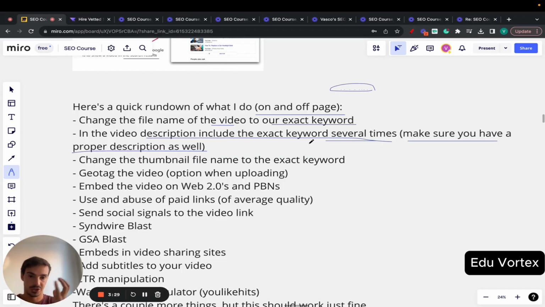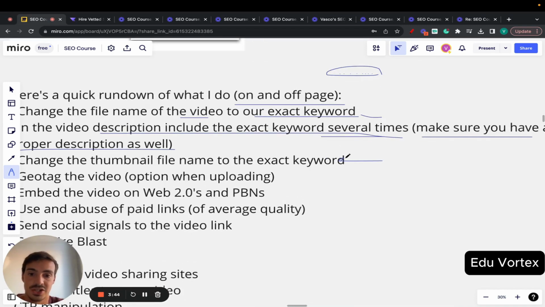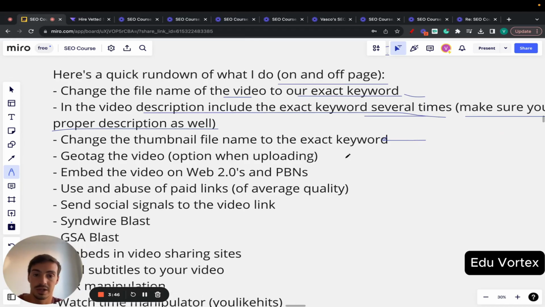Again, optimize for search engines, but then optimize for the user as well. Because in the long run, it is the user optimization that's going to give you that long-term value and that long-term reward. Then, changing the thumbnail file name to the exact keyword. So just like changing the video file up here, changing the thumbnail file. So how to change lightbulb.png, right?